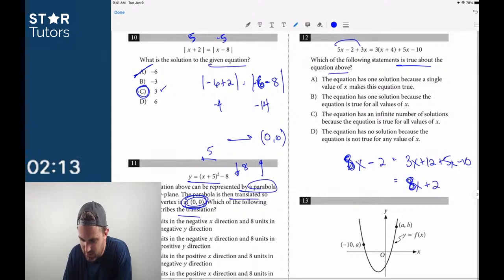Plus 2. So these are going to be parallel lines. Let me just make sure you have plus, and it's minus. So there's no solutions, right? There's no solutions because they're parallel lines, okay? Parallel lines is,